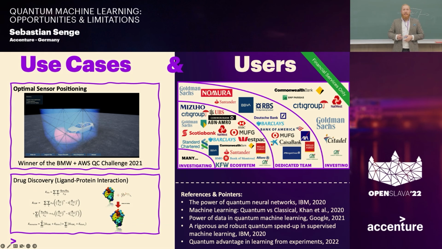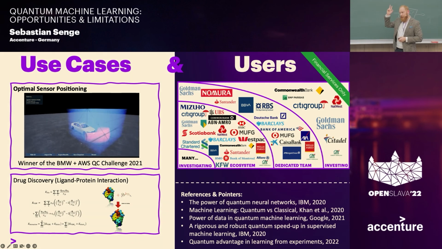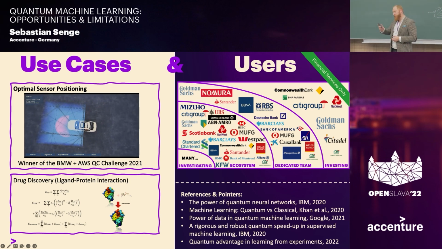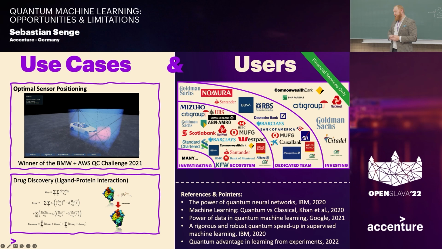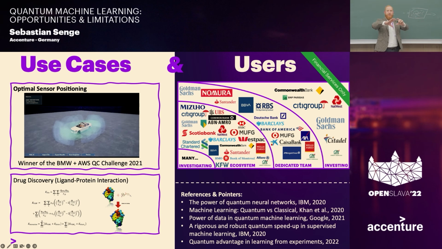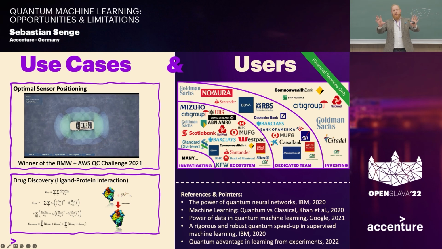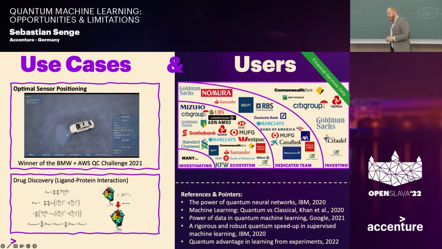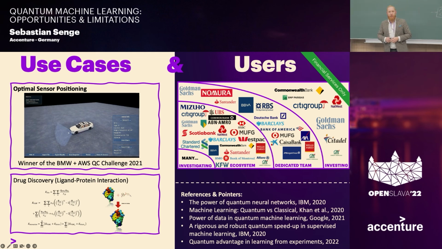So just to give you an overview of where these techniques are being used. Here's one of our use cases we submitted to the BMW and AWS Quantum Computing Challenge last year, which we won back then. There the task is to find an optimal positioning of sensors, as you want to cover as much of the vicinity of the vehicle as possible. So you need to position sensors like cameras or radar sensors and so on, right? There we use the quantum reinforcement learning approach, but also some quantum